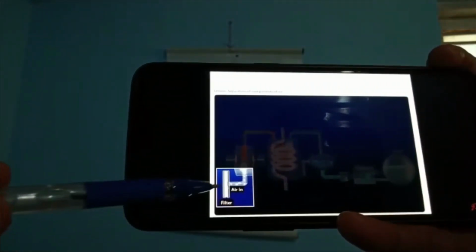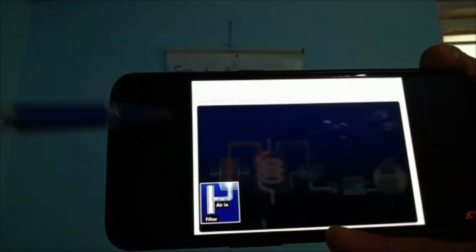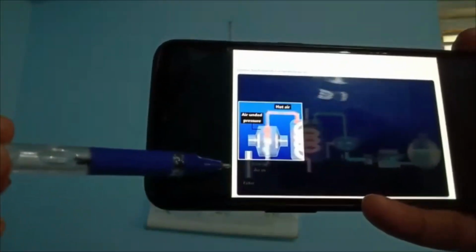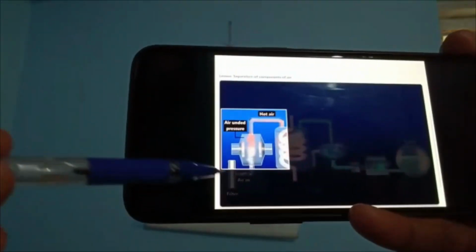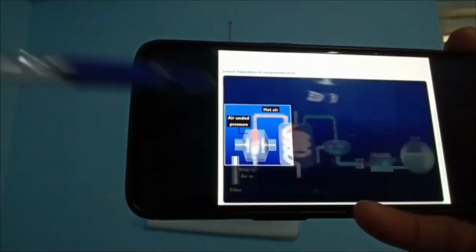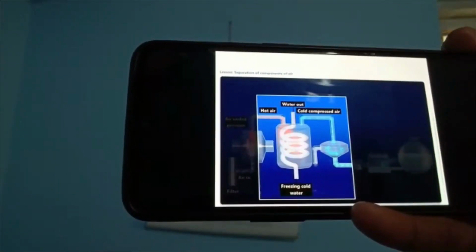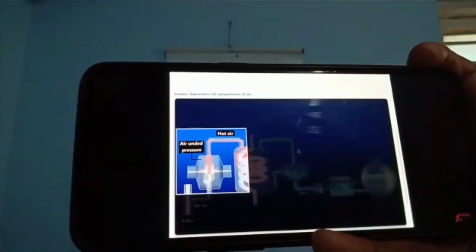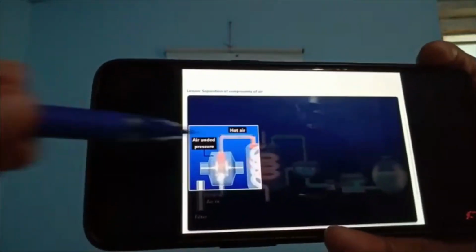Air is there. In our air there is a mixture of different dust particles and other things, so in this chamber it is filtered. First we need to filter, and then this air goes to the next area. So that filtered air is passing through the pressure chamber. You can see that in that pressure chamber there is a pressuring apparatus.